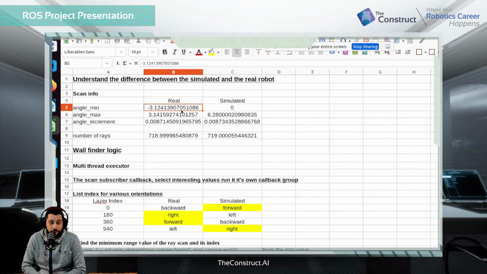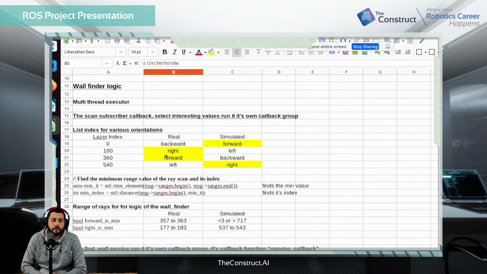Both of the lasers have around 720 points. So basically it's 2 points per degree, but they are not aligned the same way. On our wall finder,